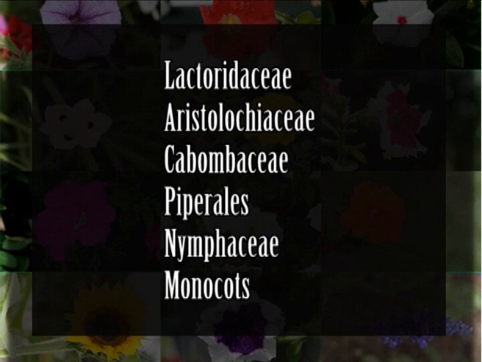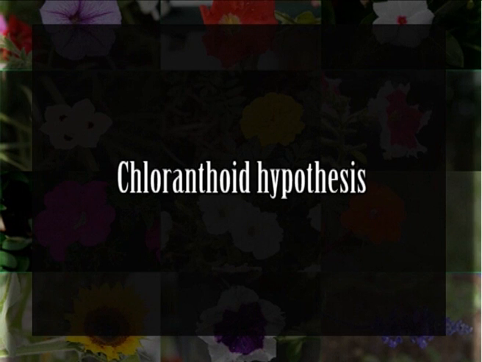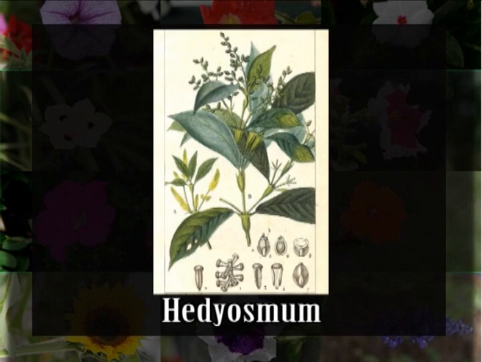Another theory is the Chloranthoid hypothesis. This hypothesis suggests that flowering plants evolved from chloranthoid ancestors, not unlike the modern angiosperm family Chloranthaceae. Arguments presented by Sun in 2004 in favor of this proposal include reports of data from molecular systematics that place Hydatellaceae in a clade basal to other extant angiosperms.